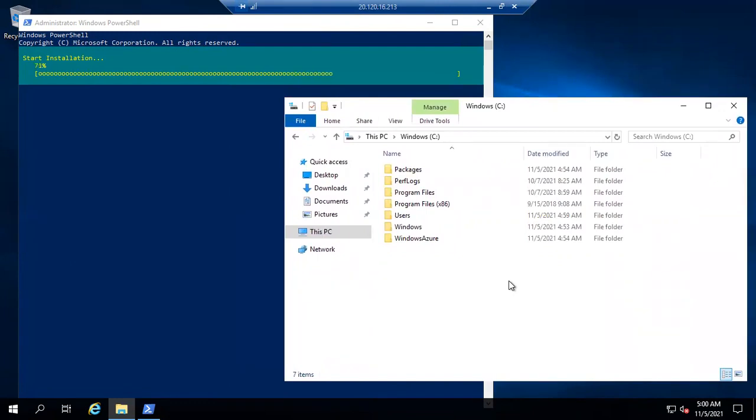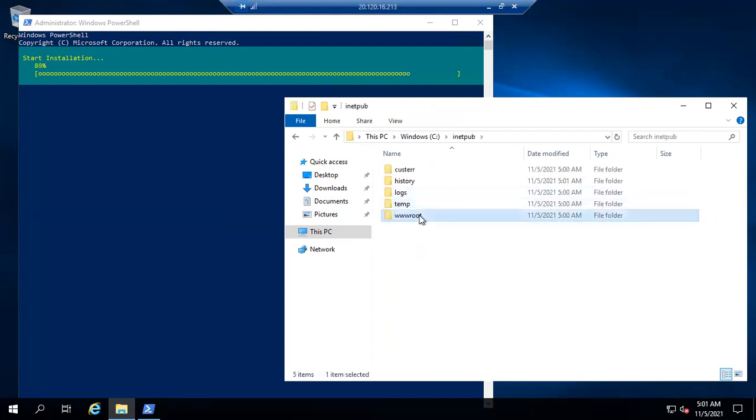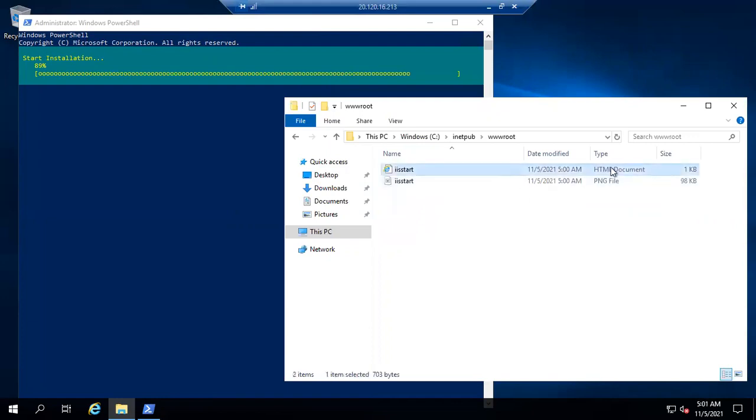And once it is done, I'll go to my sample HTML document and add some more content, just to differentiate both of my VMs. And here you could see I have the inetpub folder. So let me go here, and here you could see this is my wwwroot, and this is my sample